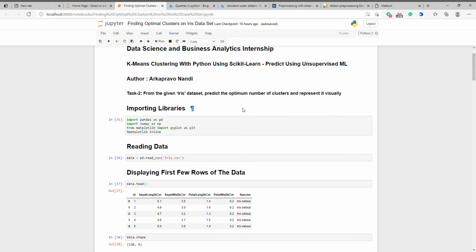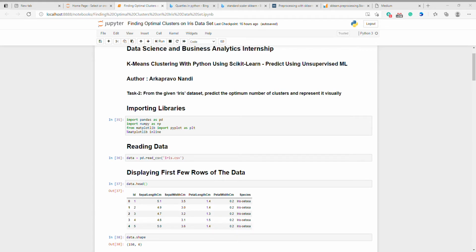So for this reason I have been given this dataset, and in this dataset I have 6 columns. We have been given sepal length, sepal width, petal length and petal width. So these are my features, and the species column is given, and there are three types of flowers. One is Iris setosa, another is Iris versicolor, and another one is Iris virginica.